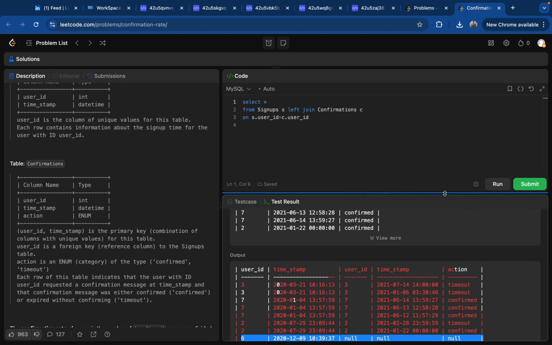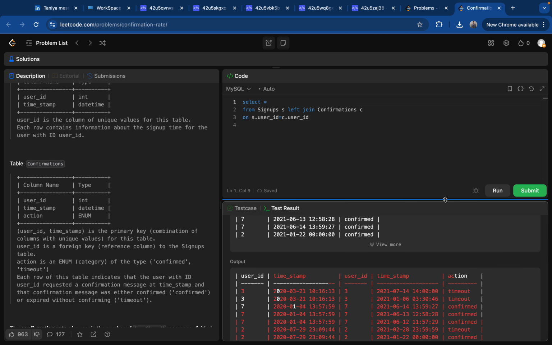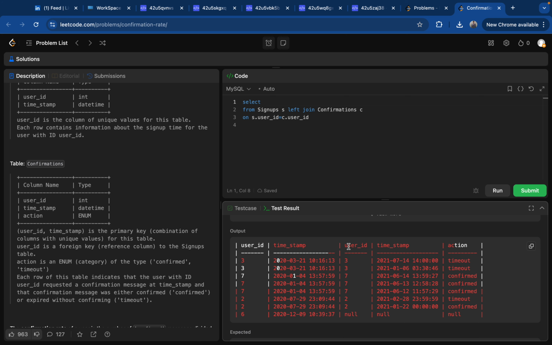So now what we have to write is the handling for the null and also for the user IDs who sent the confirmations, but all of them will be present in the first column, not in the second one. So if we look at this one, if we use the confirmation user ID, it doesn't have 6, but the signups user ID has all the users. So I'm going to write s dot user ID, and then I have to get the count of action. So I'm just again breaking it into multiple steps. So if I do as total,